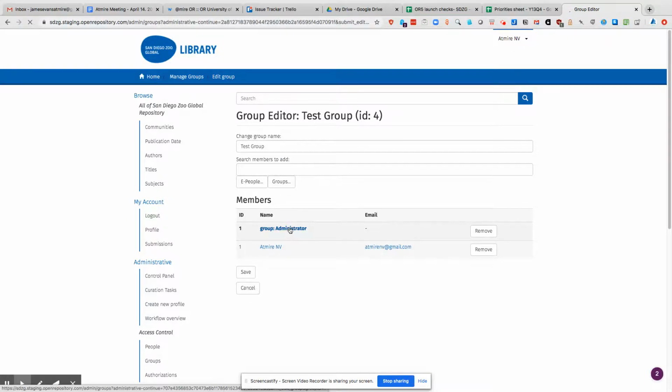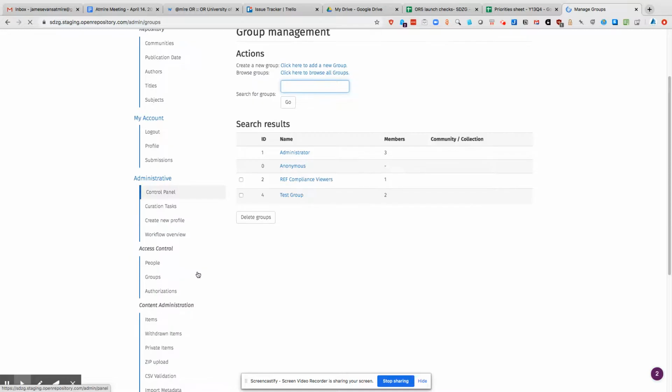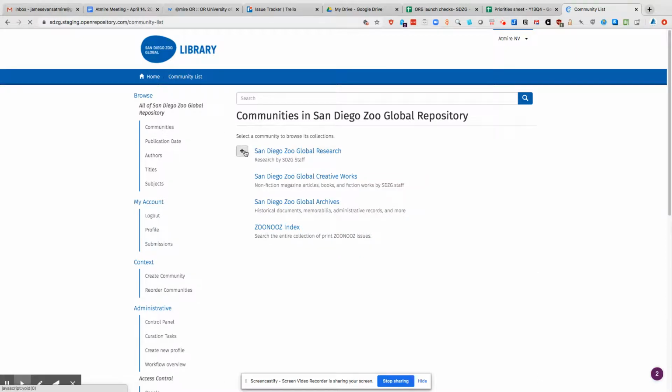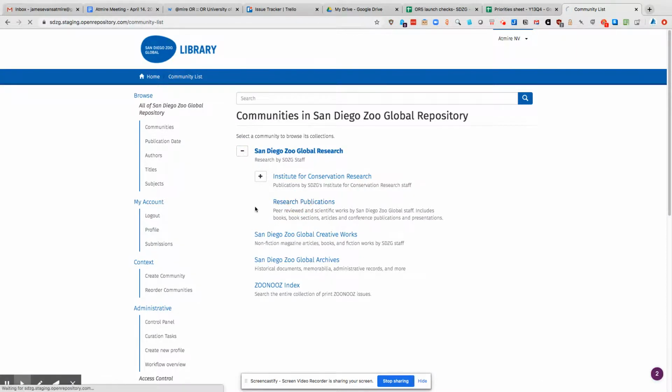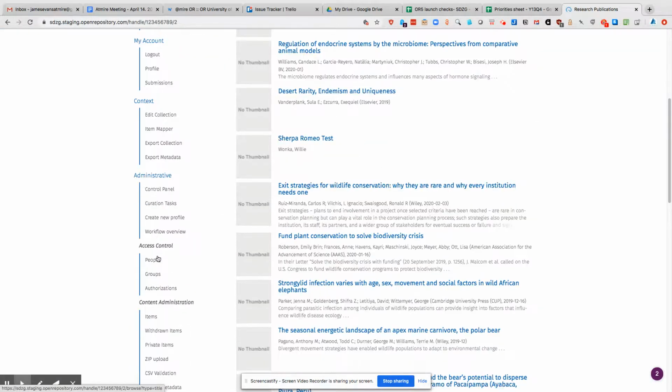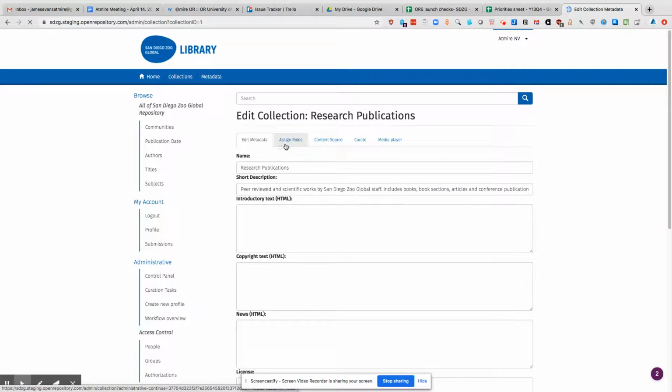Now, the reason for adding this is just for the purposes of being indicative through this demonstration. So the next thing you might do, for example, is then go to the communities page, and there's various ways you can use your permissions group that you've created. So think about the submission workflow. You can come down here, and if you go to edit collection, you go to the assign roles tab,